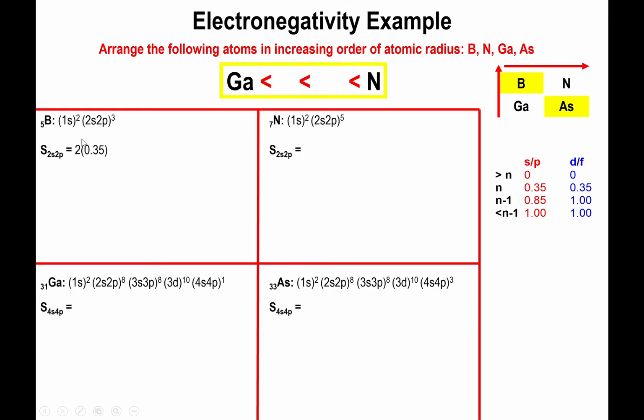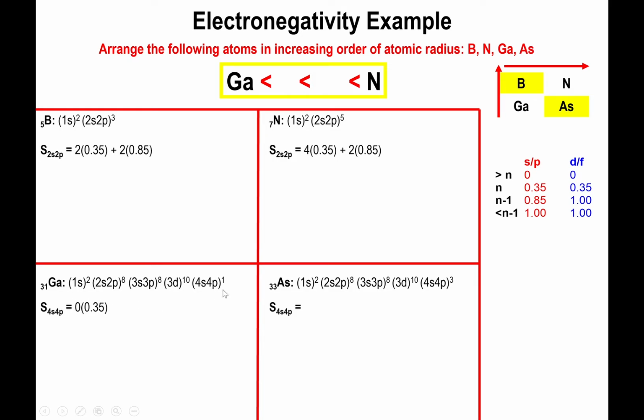Okay, so in the case of boron, we have 3 electrons in the last group, so 2 of them shield with 0.35 units. After that, we have 2 electrons to the left, which shield with a 0.85 unit. And for nitrogen, out of the 5, 4 of them shield with 0.35. The 2 to the left shield with a factor of 0.85. For gallium,